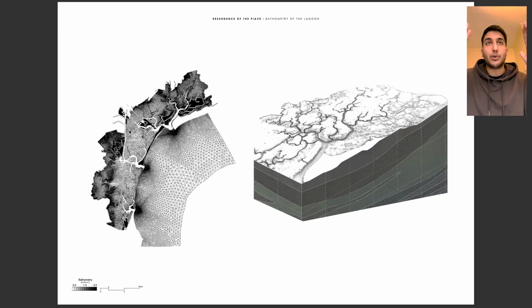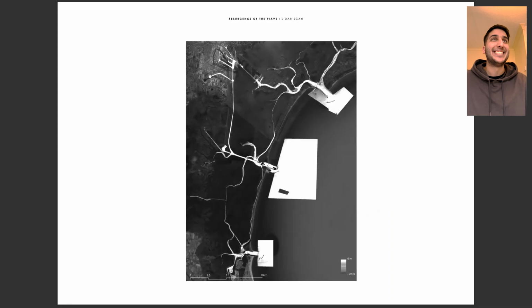So it shows the level of the ground beneath the water of the Venice Lagoon. And then the bottom half of the image on the right shows the different soil and land types. Unfortunately this one's missing the captions that I've already added to it, I don't know why. And the LiDAR scan. I quite like this LiDAR scan because it's very informative and analytical, but aesthetically